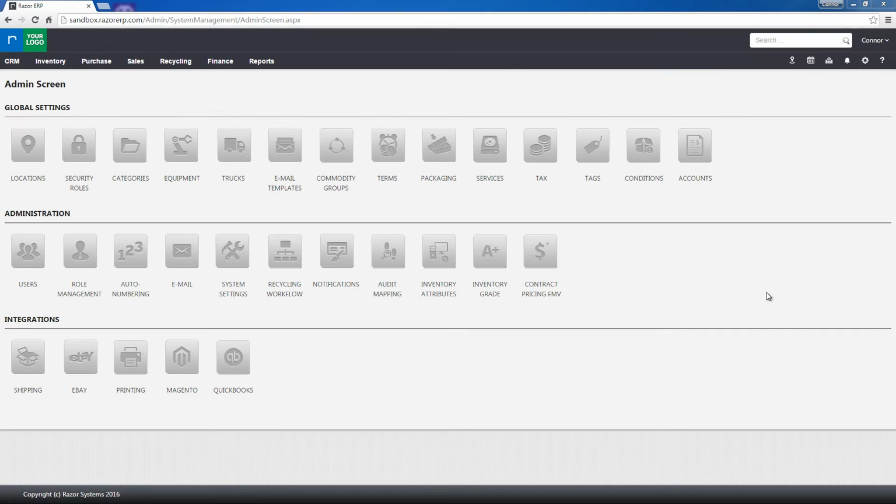How's it going, everybody? In today's tutorial, we're going to be going over how to configure your attribute sets. Now, the attribute sets are what questions would be asked when somebody is inventorying an item, dependent upon the category